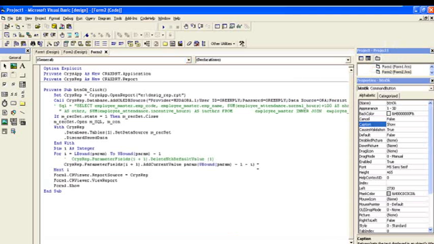First we have declared two objects. One is CrysApp and another is CrysRep. CrysApp is the Crystal Report application and CrysRep is the Crystal Report. We open the report by the Crystal application and assign it to the Crystal Report. As you can see, the report is located at the V drive. The name of the report is basic_rep.rpt. Now from the application, there is an object called database which has an OLEDB source where we should provide